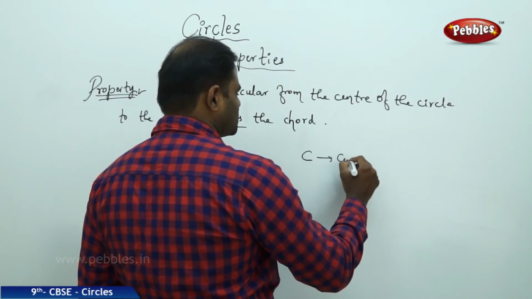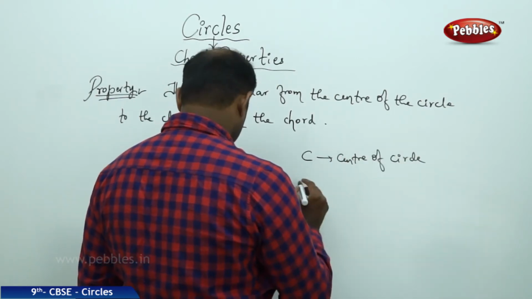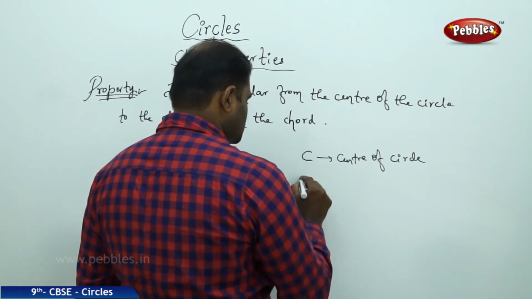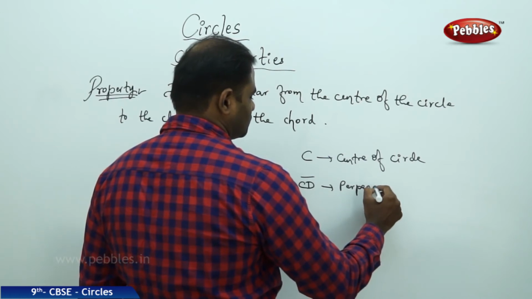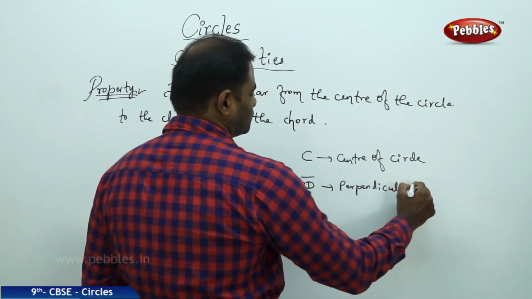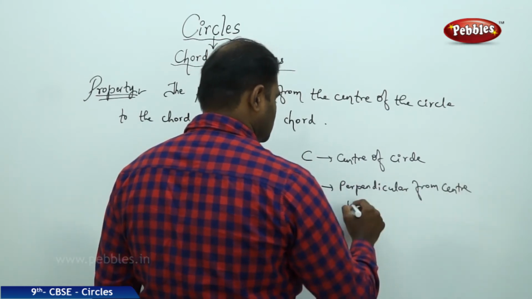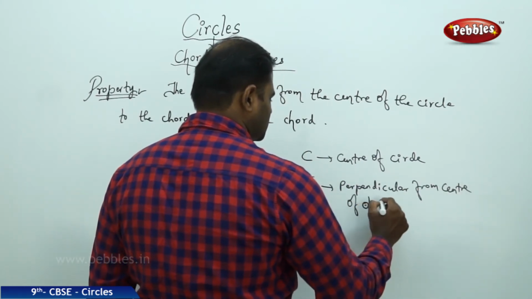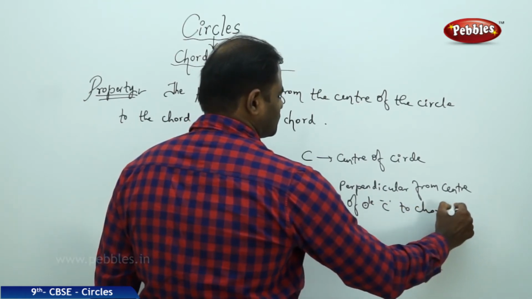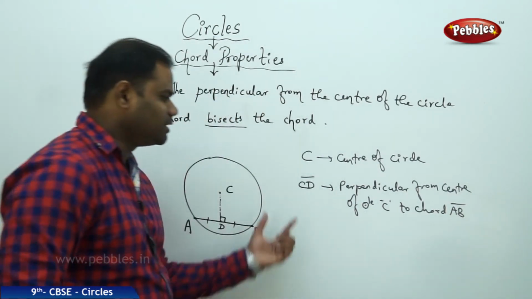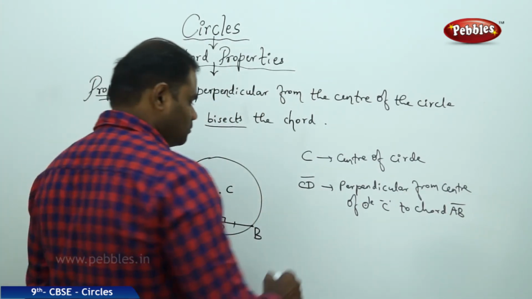C is center of circle, CD is perpendicular from center of circle C to chord AB. So CD is perpendicular distance from center of circle C to chord AB,